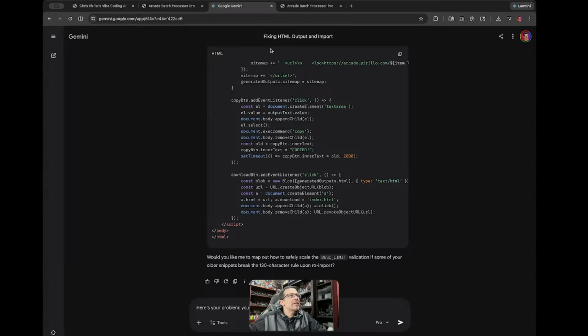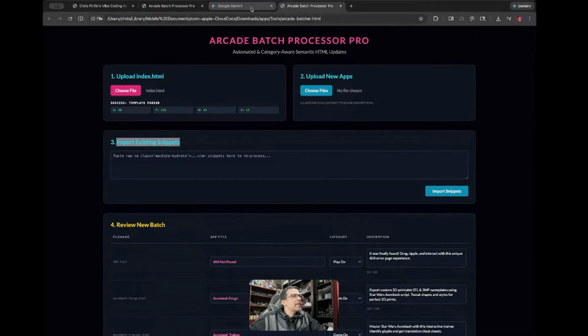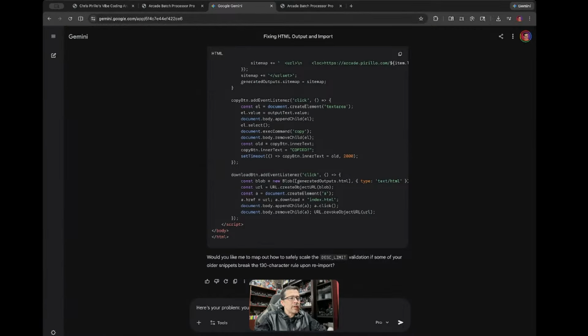You're adding the import at the top of the output HTML file. Those snippets I paste into import need to be properly routed to the proper sections under which they'd fall if processing a batch of files independent of importing existing snippets. Here's your problem. You're adding